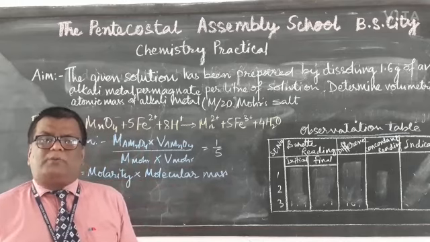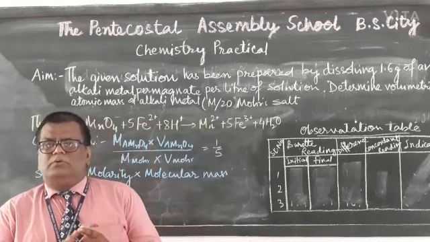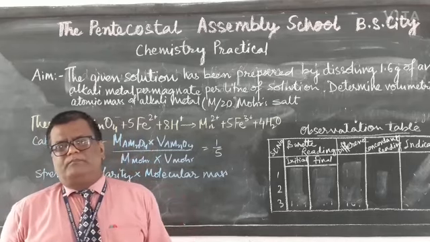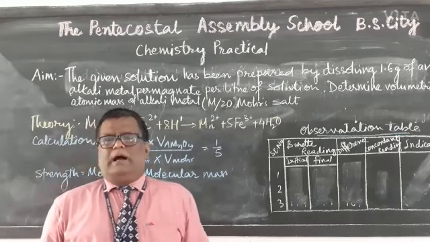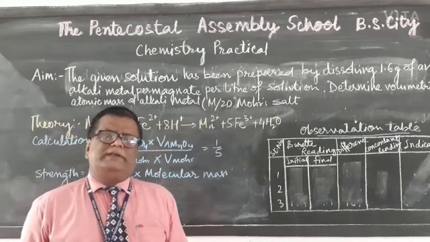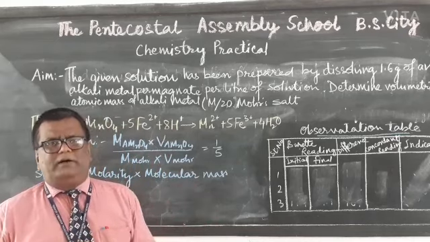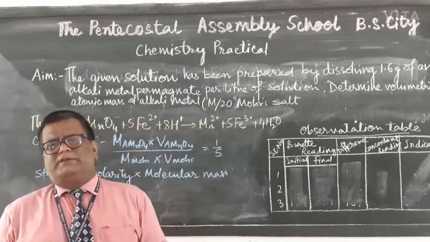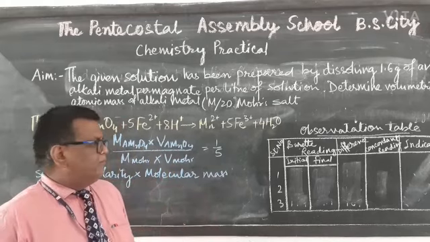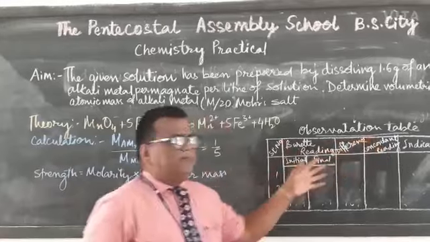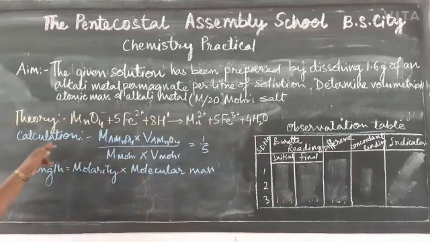See the initial reading of the burette, and the color change will be colorless to permanent pink. In class 9 and 10 we generally write the name of methyl orange or phenolphthalein. Here you are using AMnO4, which itself is a reagent which can change the color. Now see, this is the observation table. You have to do the experiment, and this is the calculation.